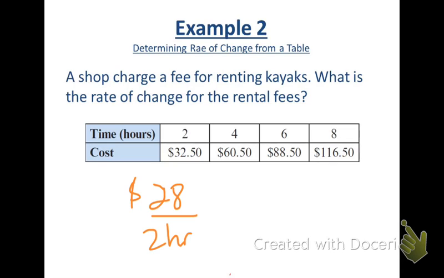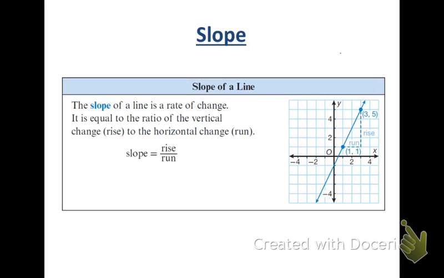Because the table kind of indicates, okay, the first 2 hours is going to cost you $32.50. Every 2 hours after that, it's going to cost you $28 additional dollars. Okay, so $14 per hour is okay. The $28 for 2 hours is also directly what this chart is telling us. Okay, is the rate of the rental fees. So just be careful with things like that, and be prepared to make an argument for your